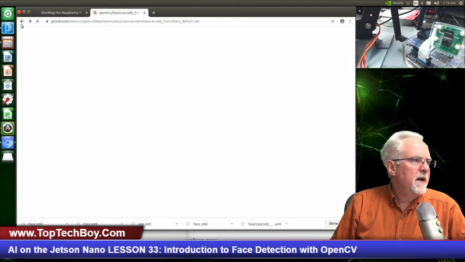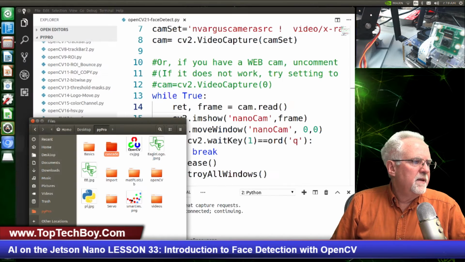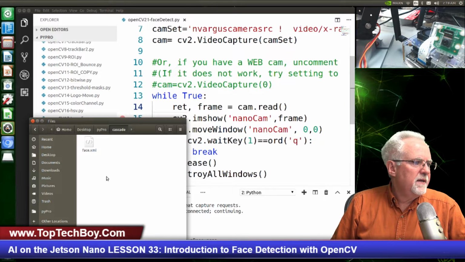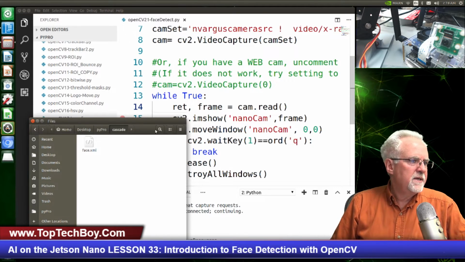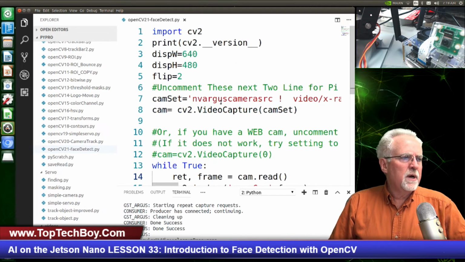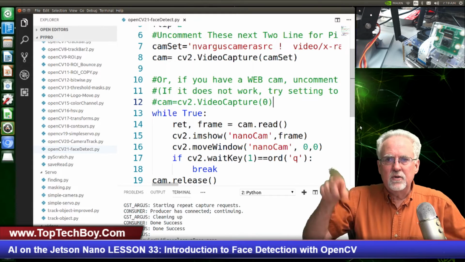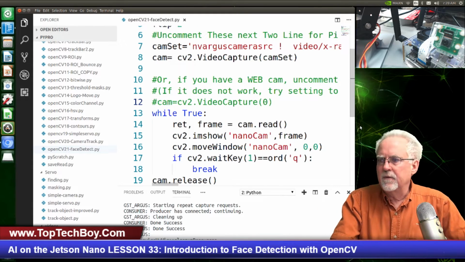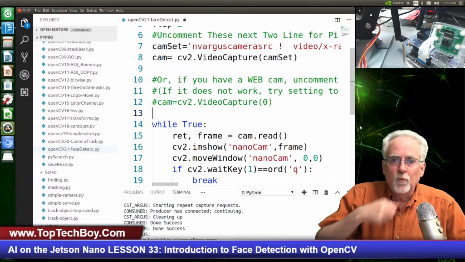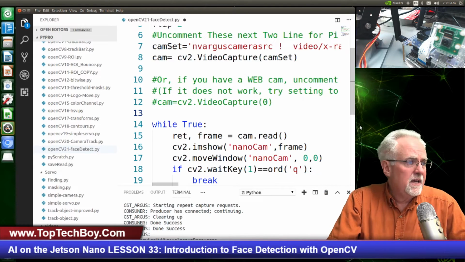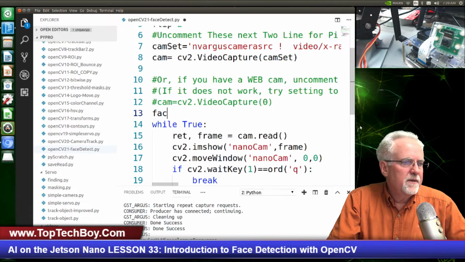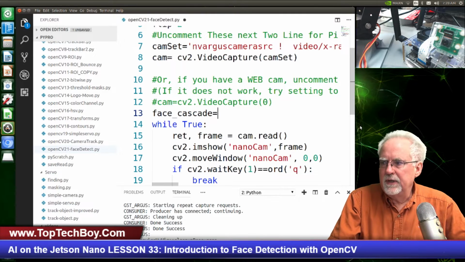Okay, I'm going to go back to where we were. And then let's come over here and look in Cascade. There it is, face.xml. That is exactly what we want. Okay, so I'm going to close that, and now we're going to come over here. Before we start jumping into our loop where we're reading and showing the frame, we're going to load that Cascade. So I'm going to say face, I'll call it face Cascade. We're going to load it, and we do that with